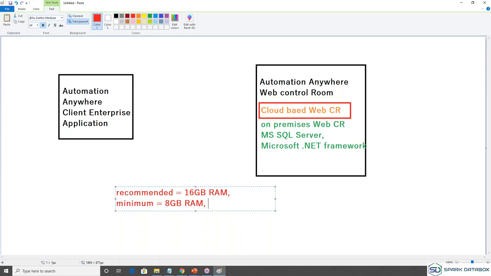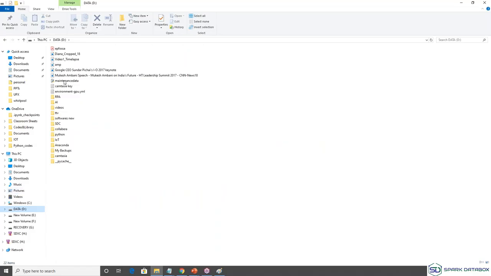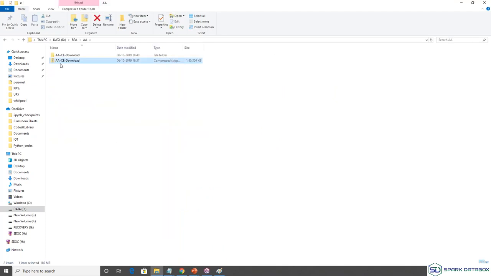Okay, so I hope we're good with this part, right? And once you're done with the downloading part, you need to just double click on that enterprise application. So once you unzip this, if I go to my D drive and let's say RPA, this is what you'll get, AA-CE-download, right? So once you